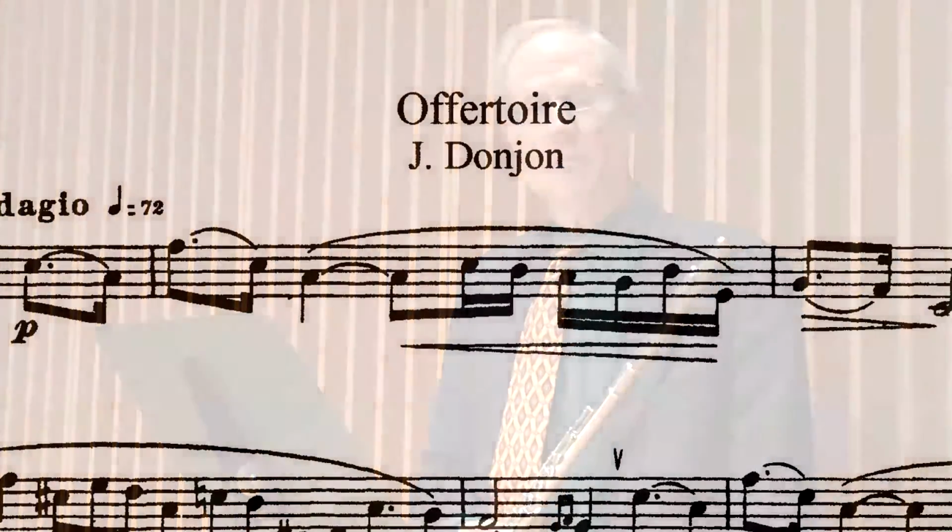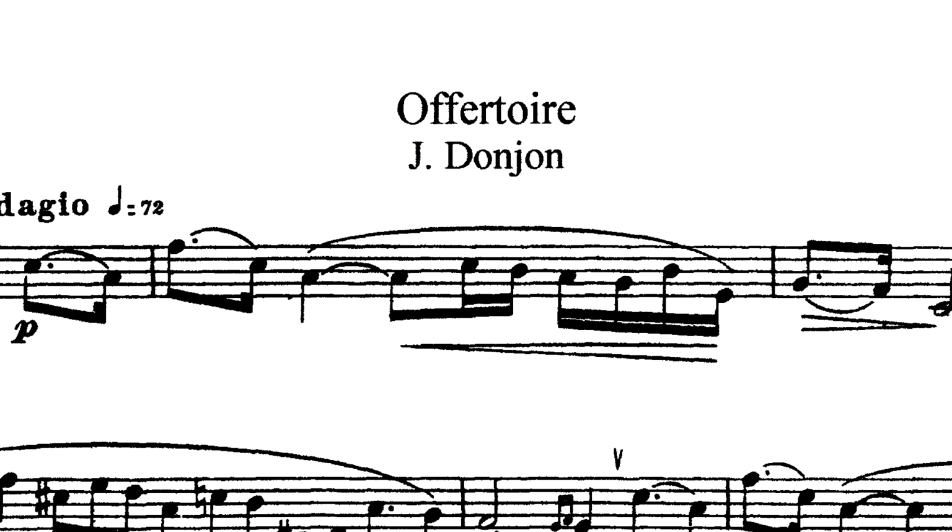And I'd like to tell you about this wonderful work, Offertoire, by Johannes Donjon. One can perform this piece for a church offertory, as its title suggests, or for a solo festival. The accompaniment is originally for harmonium or small organ, but is usually played on piano. Rated level G by the National Flute Association and available in collections such as Robert Cavalli's 24 Short Concert Pieces,